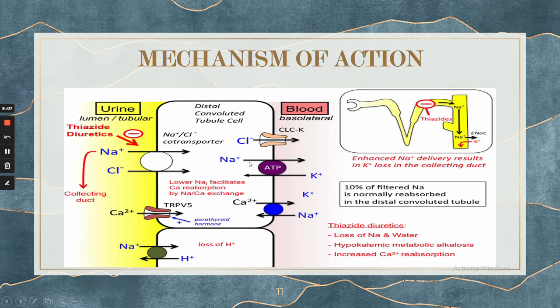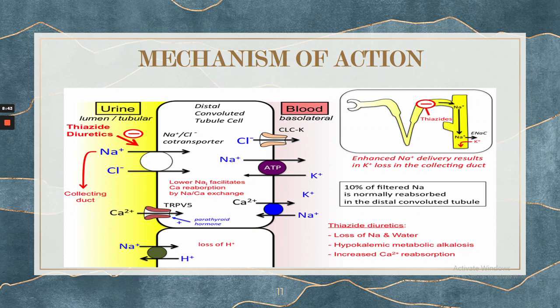Now the Ca2+ reabsorption through the Na+ and calcium exchanger, that is the sodium calcium exchanger, is due to the effect of parathyroid hormone, as mentioned earlier. So this particular mechanism is used in idiopathic hypercalciuria, where the excess of calcium is excreted and more calcium oxalate stones are formed in our kidney. At that time, we give thiazide diuretics for reabsorption of calcium from the sodium and calcium exchanger.